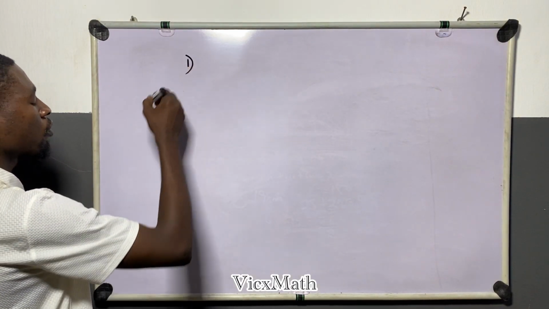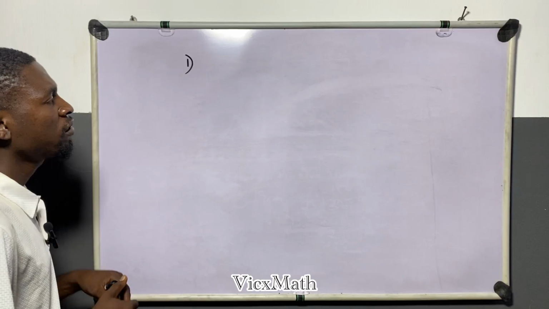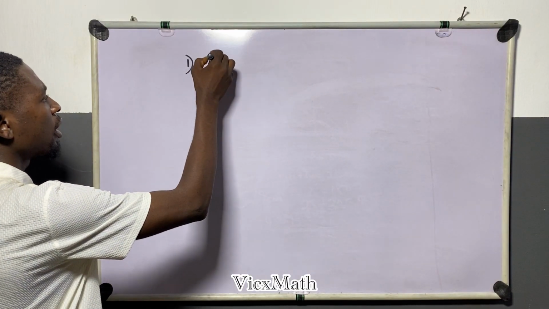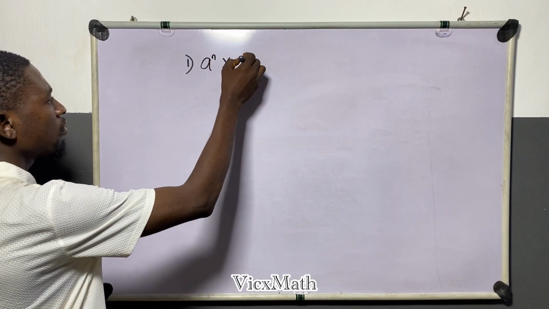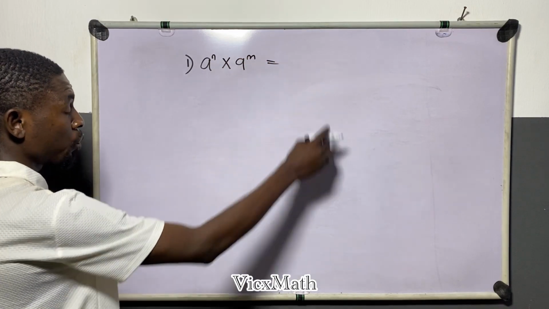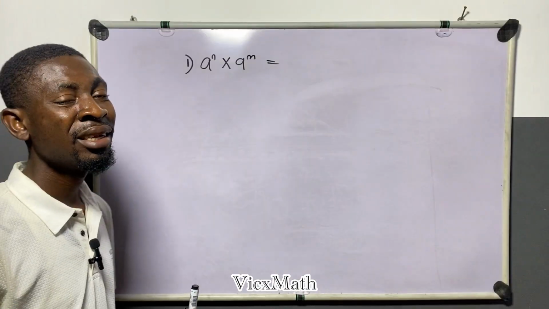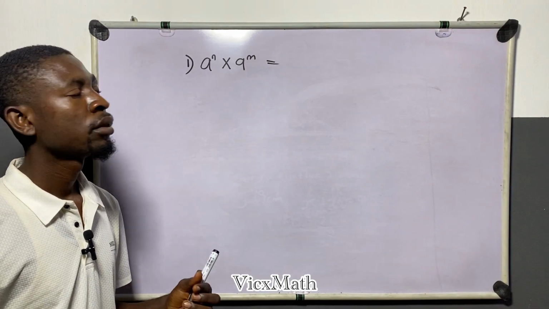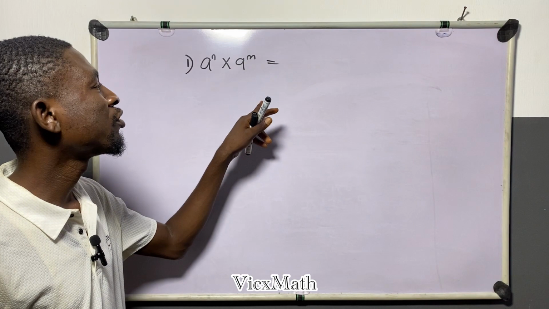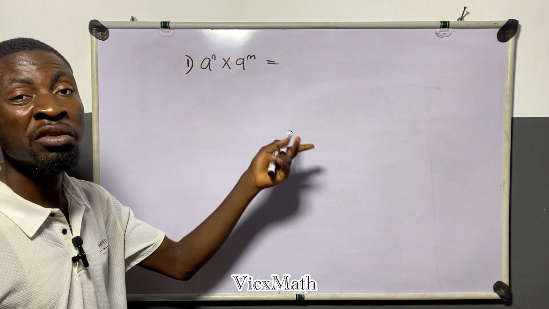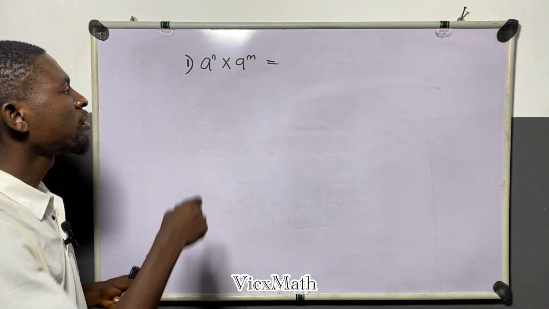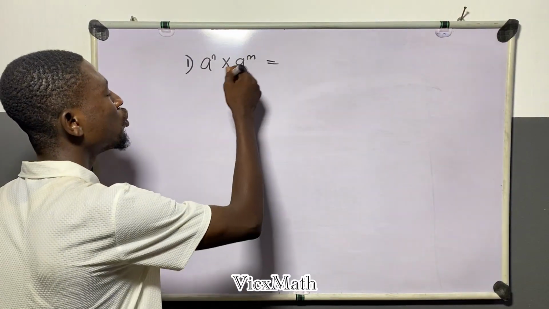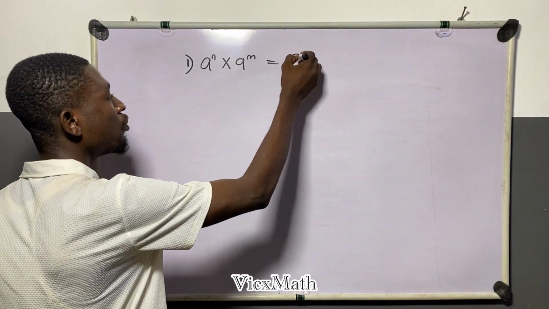Number one, we have what we call the multiplicative law of indices. Here is the example. Imagine we have a raised to the power n times a raised to the power m. You all know this. When you're multiplying numbers or variables with the same base, maybe 2 raised to the power something times 2 raised to the power something, it can be 5 raised to the power. Since the numbers or the variables are the same, at that point, you do what? You pick one of the variables,